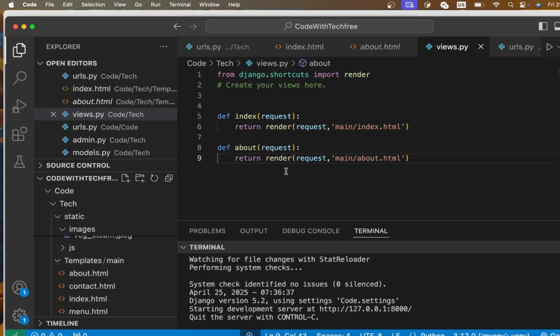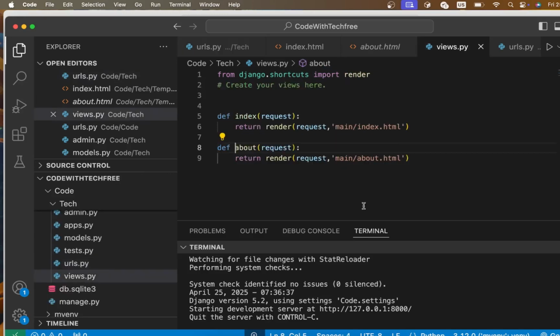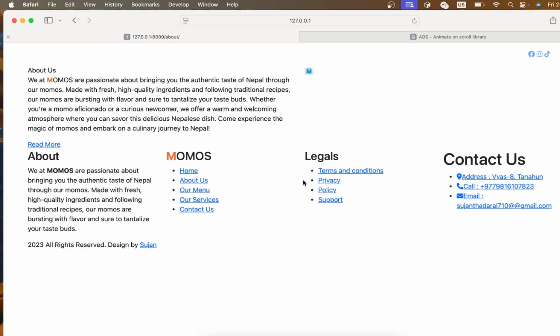This one is fine, but why is it not displayed on our server? Finally I want to see about. You can see here the about content is displayed on our